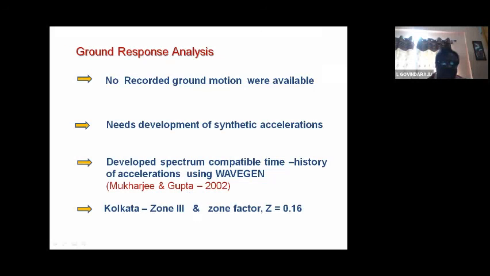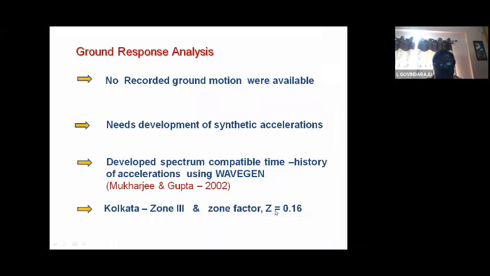And not only sharing, Professor Vinay Gupta guided us from India also when I was in UK while developing these compatible time histories. So we developed a compatible time history of earthquake pertaining to Kolkata, coming under zone 3,